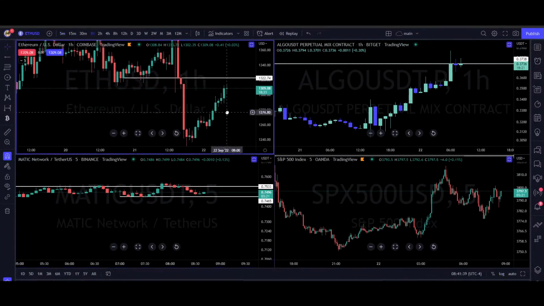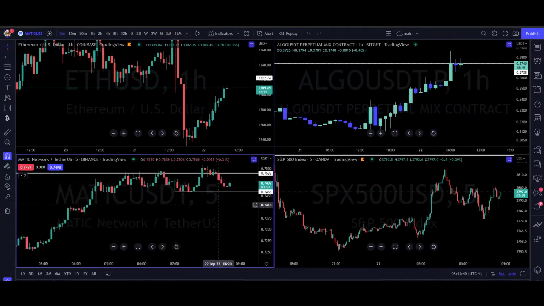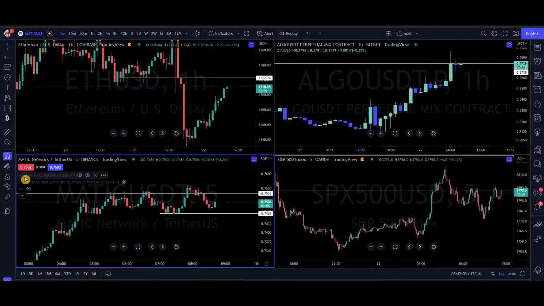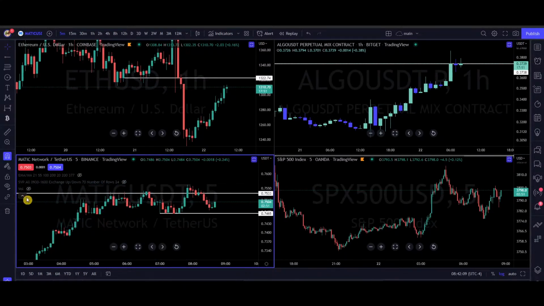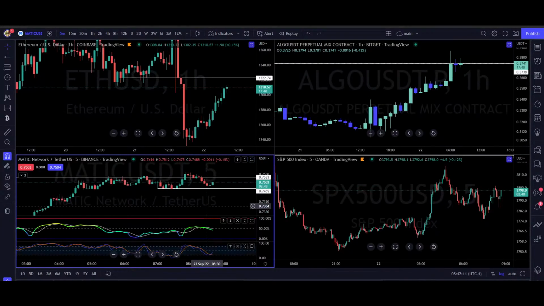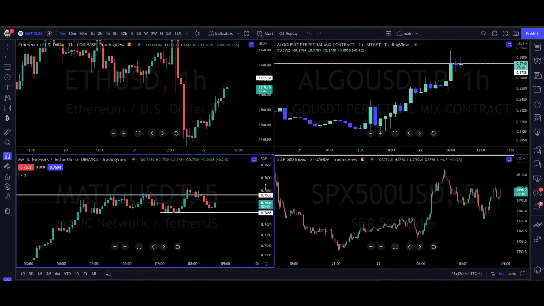Ethereum is just still doing Ethereum things. So you just made a fresh high of day, so that's pretty good. It just happened an hour ago. So maybe that's good enough for the liquidity run if it is going to go lower. If you continuously make fresh daily highs, you're on the wrong side of the market if you're trying to short it. I like where the point of control is also. So we're going to keep this on watch for the short entry.